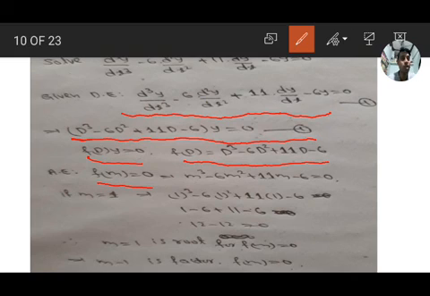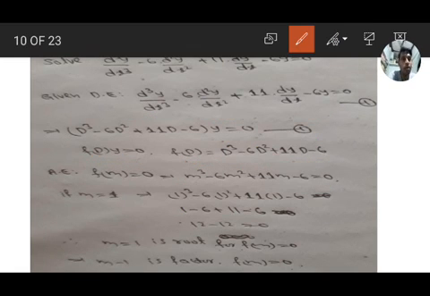So in place of D, we have to substitute m and equate to 0. That is, we get m cubed minus 6m squared plus 11m minus 6 equal to 0. In this equation we don't get direct factors. In the last two examples we directly got the factors, but here we want to get the factors. It is a third order equation, so we have to use the synthetic division method.